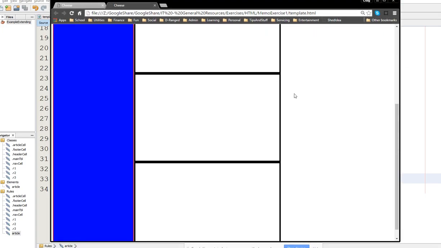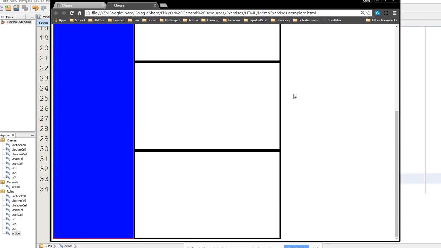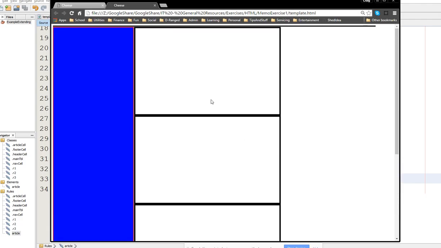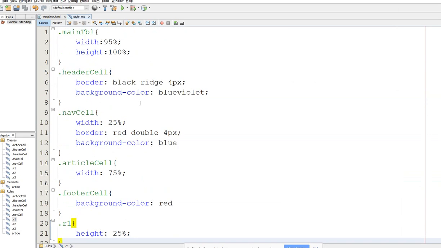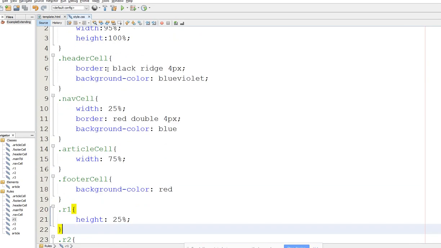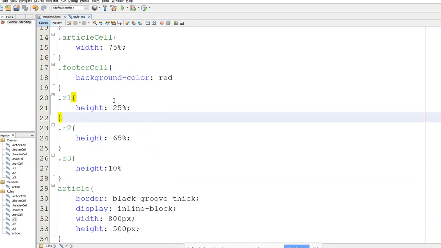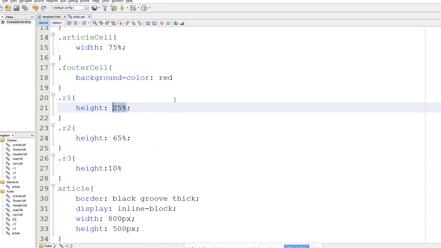I do hear you that the articles should be, but remember, there's going to be contents inside the article. So we don't want to make this article change. We want to make it so that we can always know this is what our article is going to look like no matter what device it's displayed on. So I'm actually wanting the article's areas to be a static size. But perhaps what I should do is my header cell, or my row 1, shouldn't be a height of 25%. I should call this